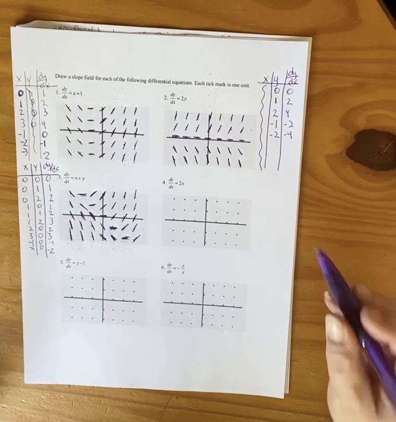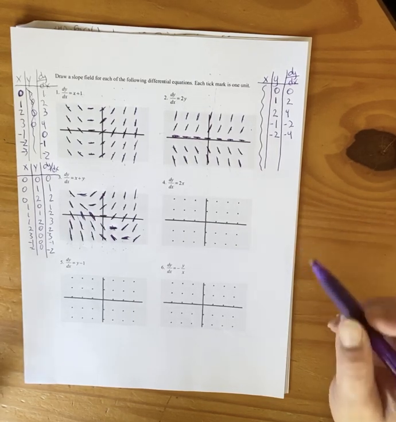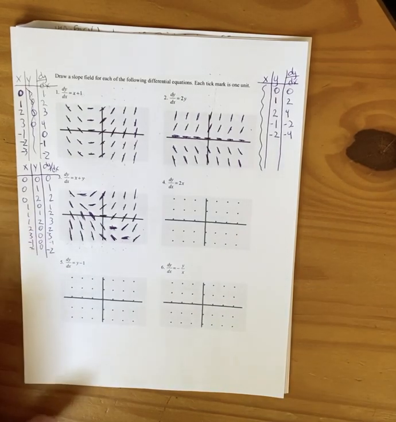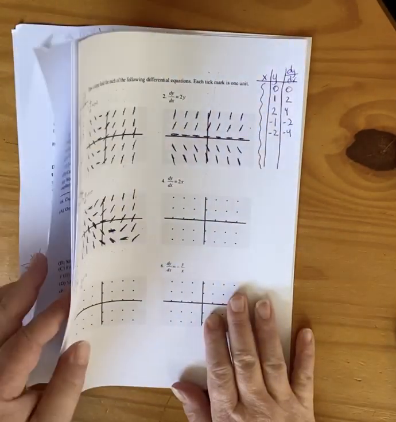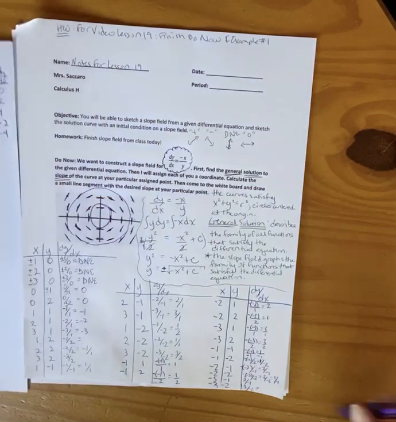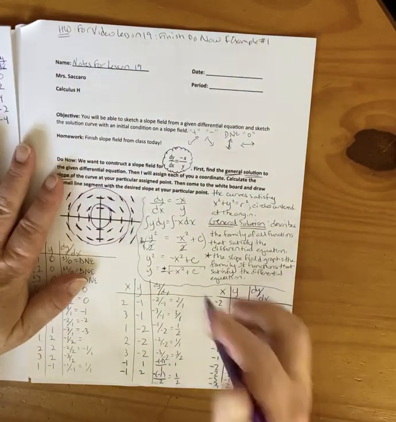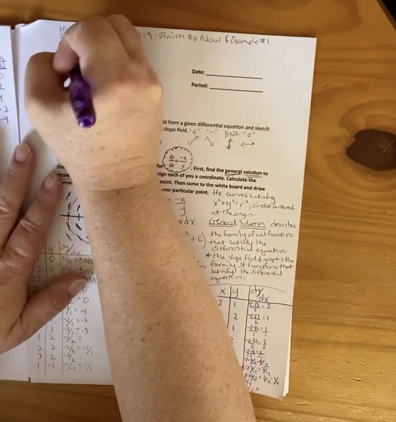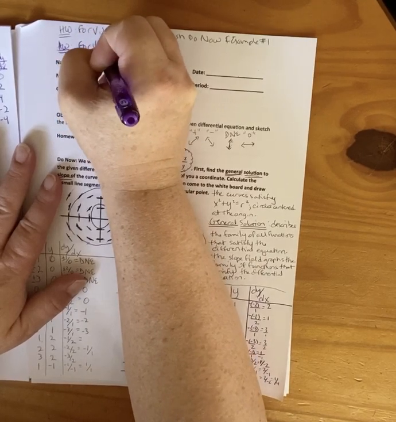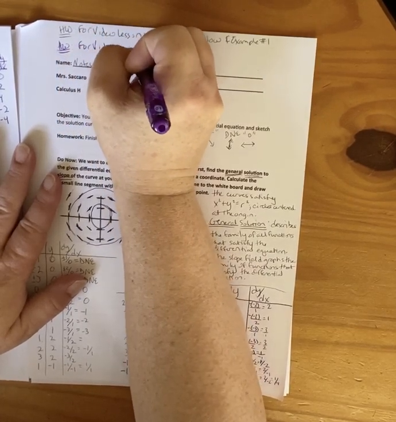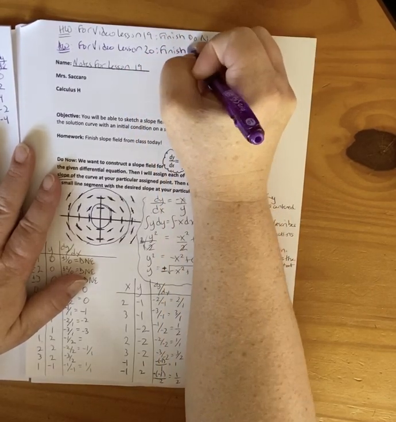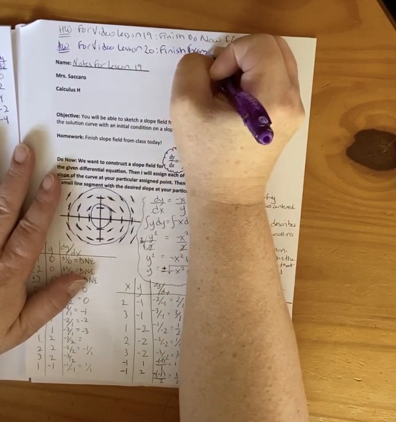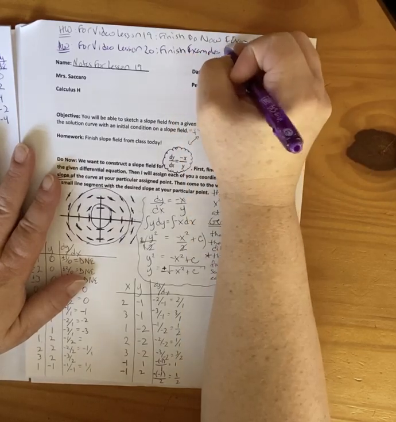All right, so for homework, I would like you to try 4 and 5, okay? Let's try 4 and 5 for homework. I tried to keep this short, sweet, and to the point. Like I said, I'm gonna make this week a light week because it's a 4-day week and Memorial Day weekend and all that jazz. So let me write this down. Homework for video lesson 20 is to finish examples